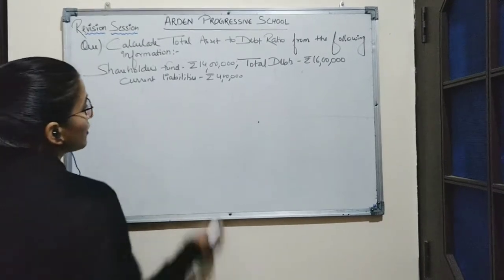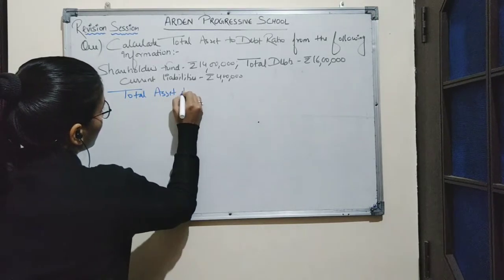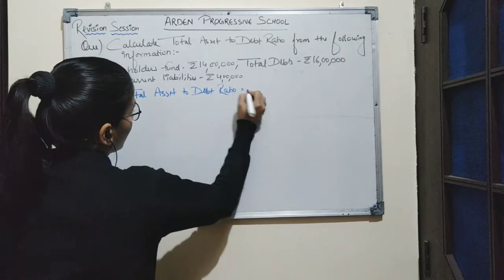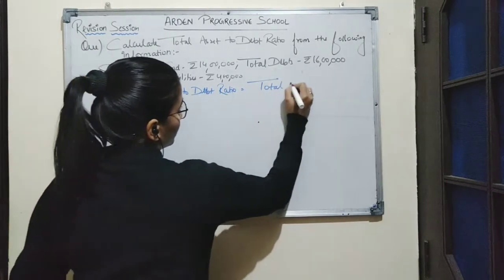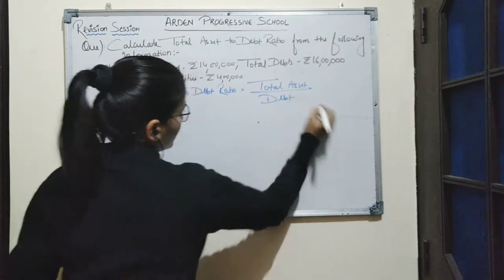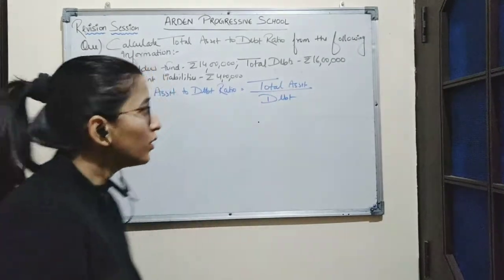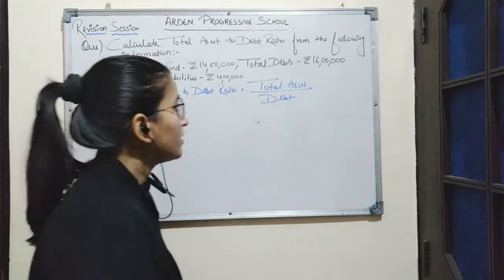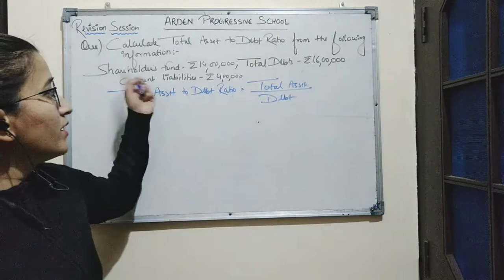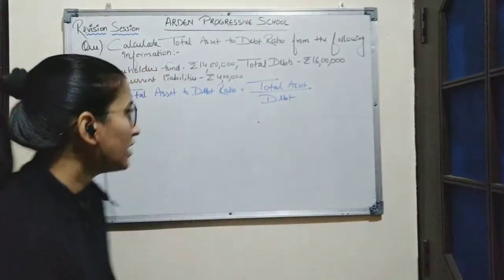As we know, formula for calculating total asset to debt ratio is total asset divided by debt. So first we will calculate the amount of total asset. As in the question, no fixed asset and current asset is given, only shareholders fund, total debt and current liabilities is given. So here we will apply the formula of